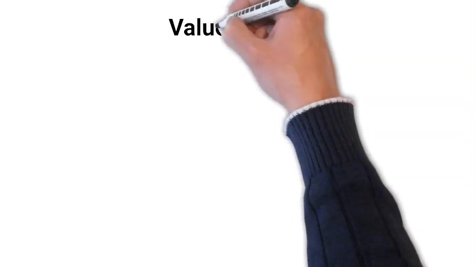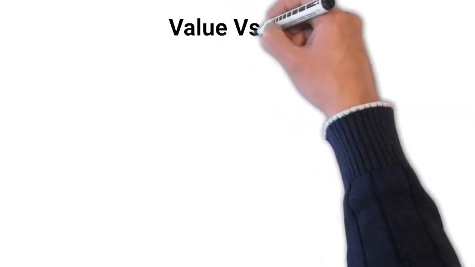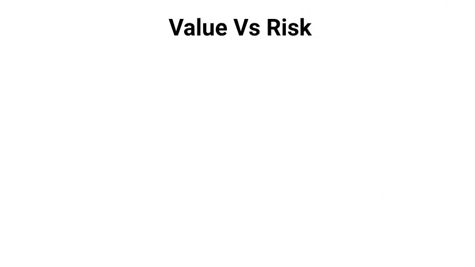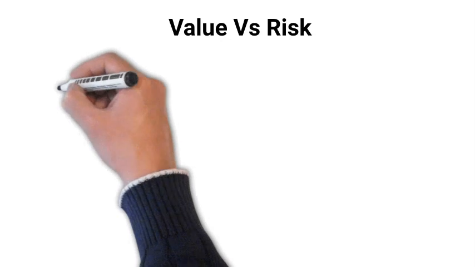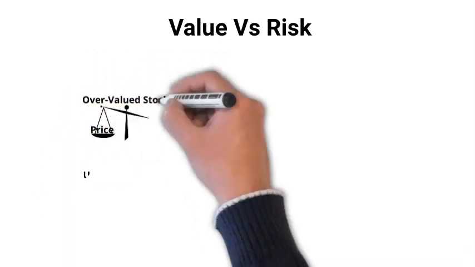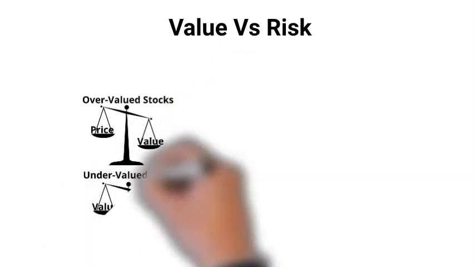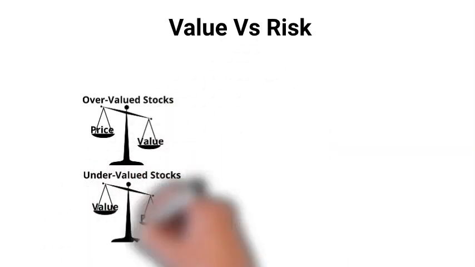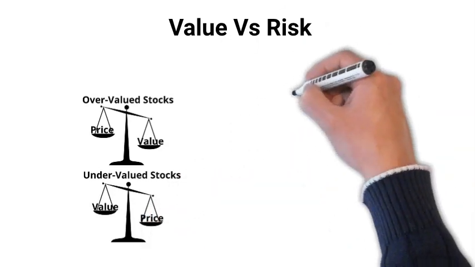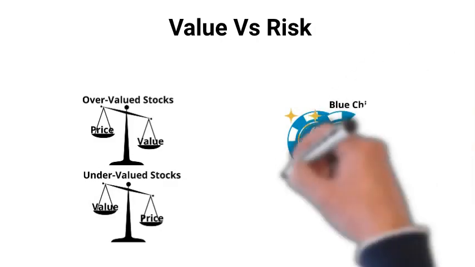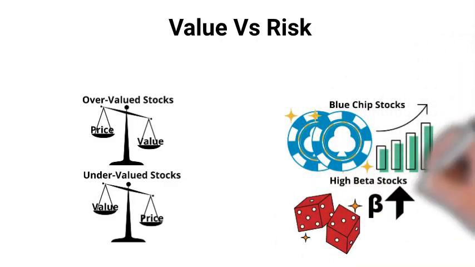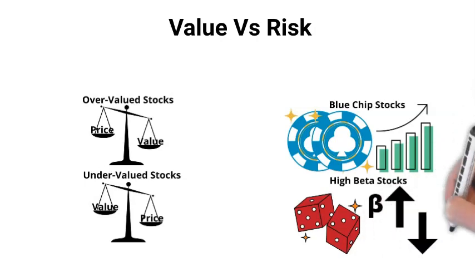There are other classifications based on value and risk which can be classified as under or overvalued depending on the intrinsic value versus the trading price of the stock. Stocks can be divided based on the risk they carry, as blue chip and beta stocks. Blue chip stocks belong to companies with well-established presence and brands. Beta is a measure of the risk and can be either negative or positive value. The sign usually denotes its correlation with the market and whether it moves in sync or not. Higher beta stocks are more volatile than lower beta stocks.